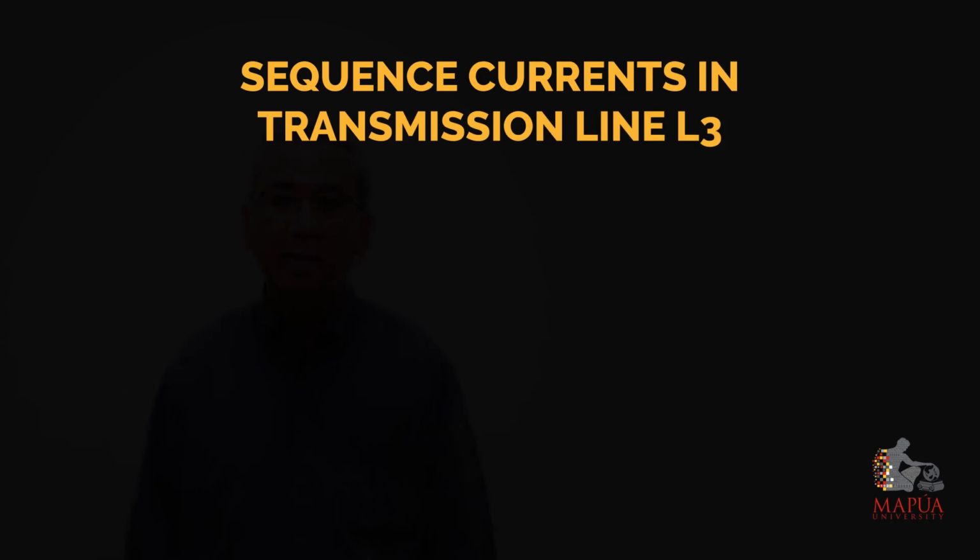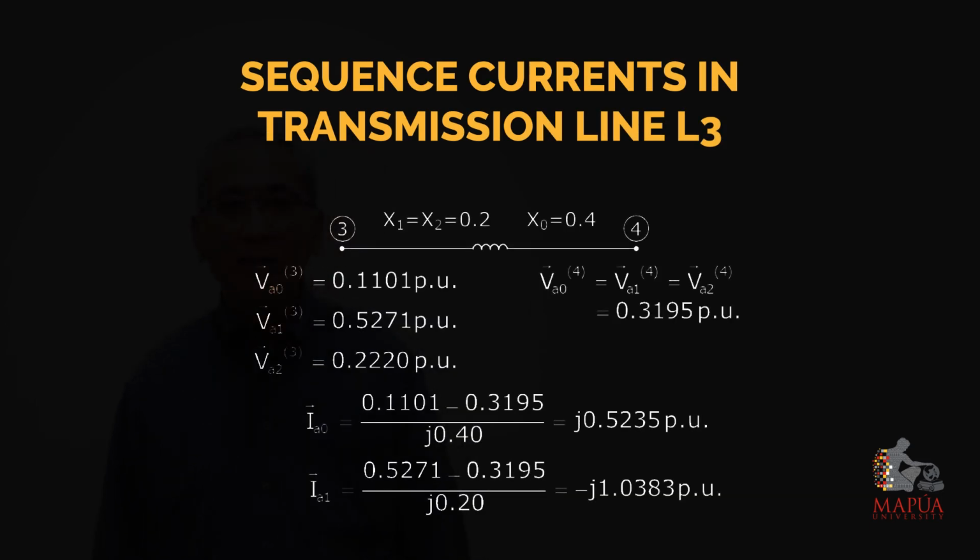Now for transmission line L3, the sequence currents in transmission line L3 will be computed since the sequence voltages at buses 2 and 3 are already known, and at bus 4 we already had computed the sequence voltages. IA0, IA1 and IA2 can now be computed. IA0 is equal to 0.1101 minus 0.3195 over j0.40,